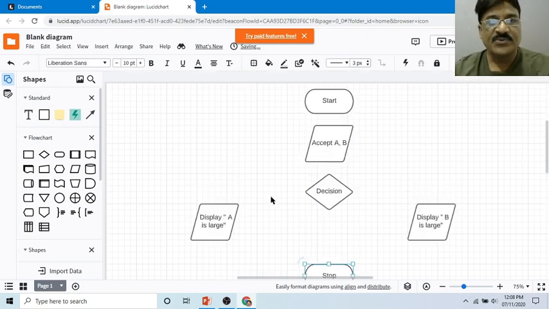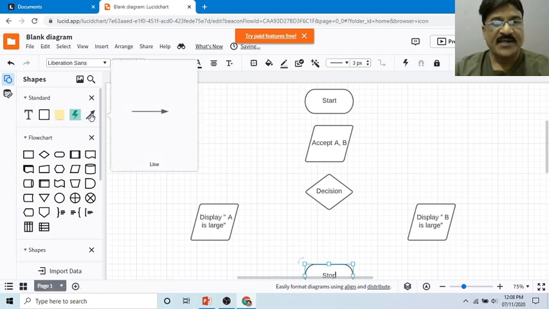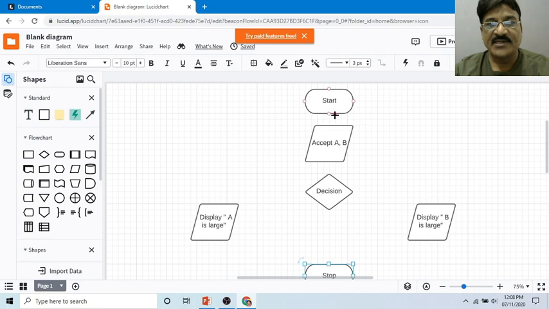Okay, now the next thing is, you need to draw an arrow. So select the line and now observe that this